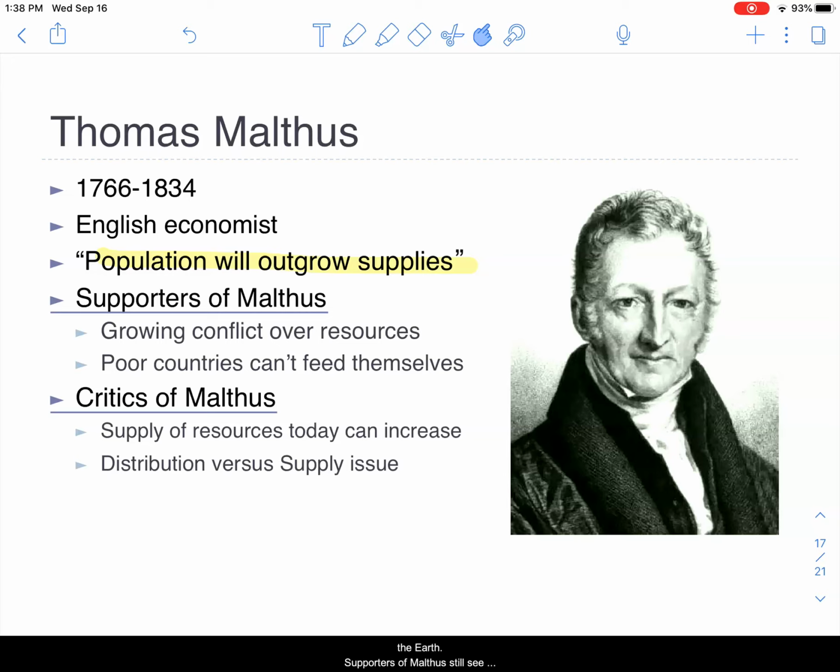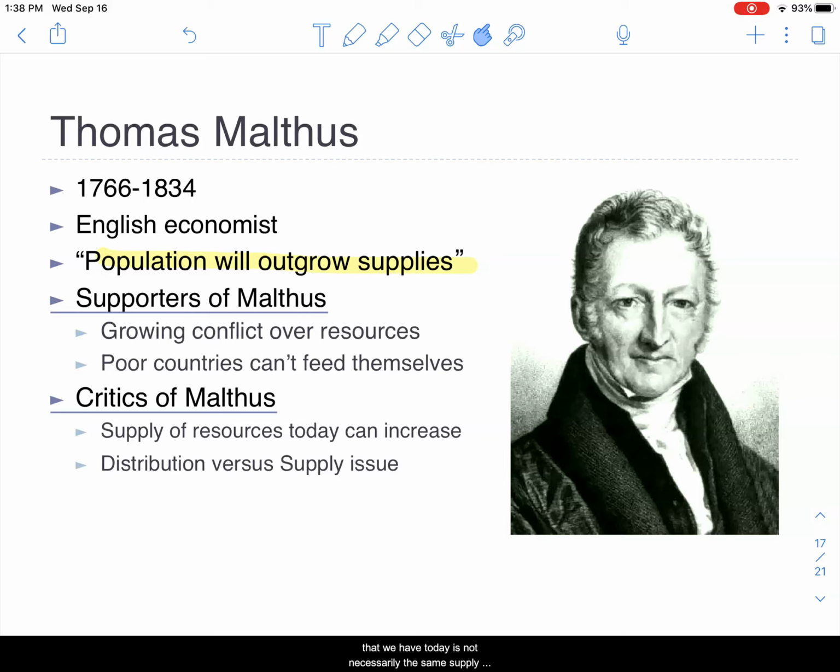And so supporters of Malthus still see this as an issue because there are problems in the world where there are groups that don't have food readily available, and fresh water is tough for them to come by. Some of those countries that don't have those natural resources need to rely on others to help support themselves. But on the other side, there are critics of Malthus who have recognized that the supply that we have